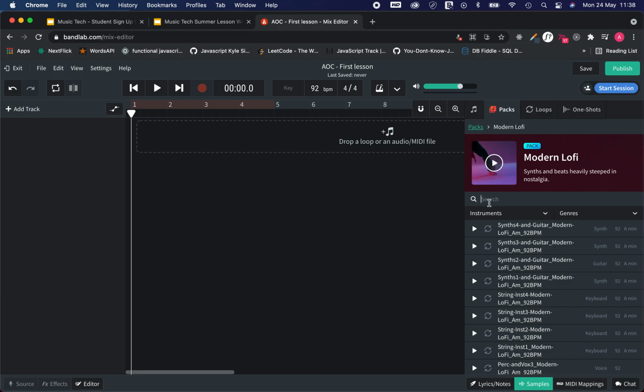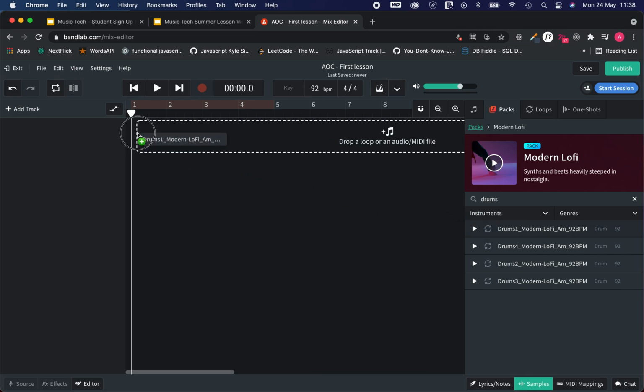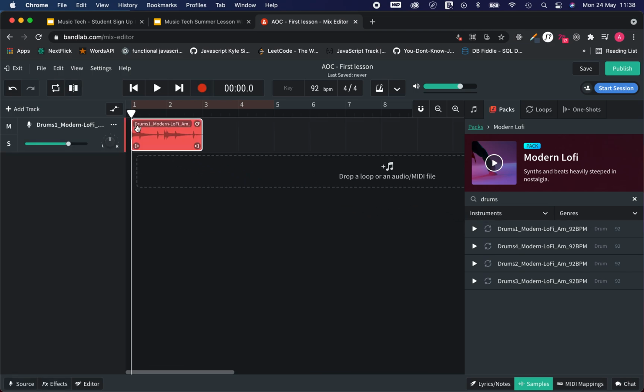I also can search this pack, so if I'm looking for drums, I can search drums. As you can see, drums are here. I can play through each one. Once I find one that I like, I can drag it over and drop it into my loop file. So you can see that I have my drums there, and I can press play